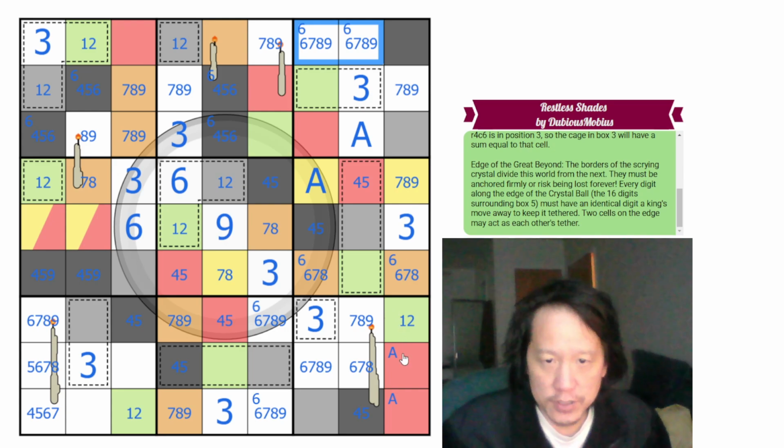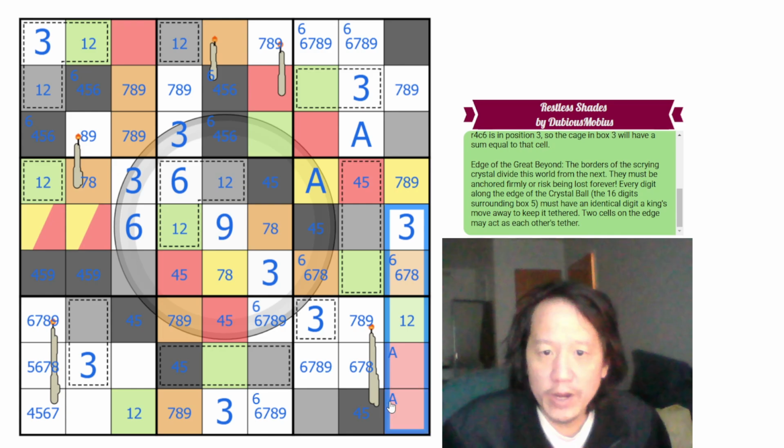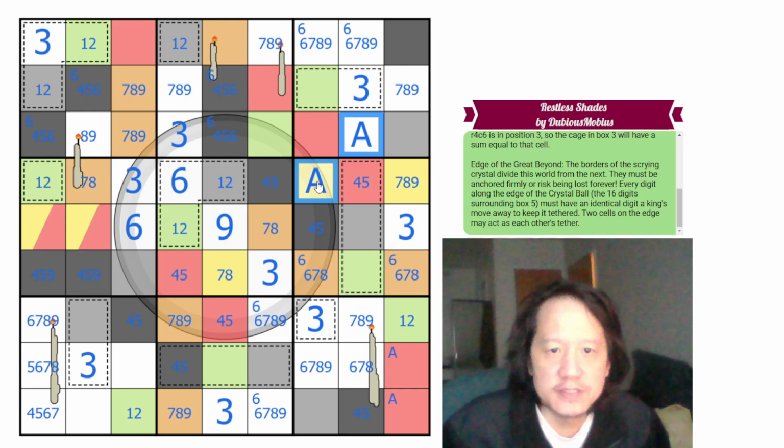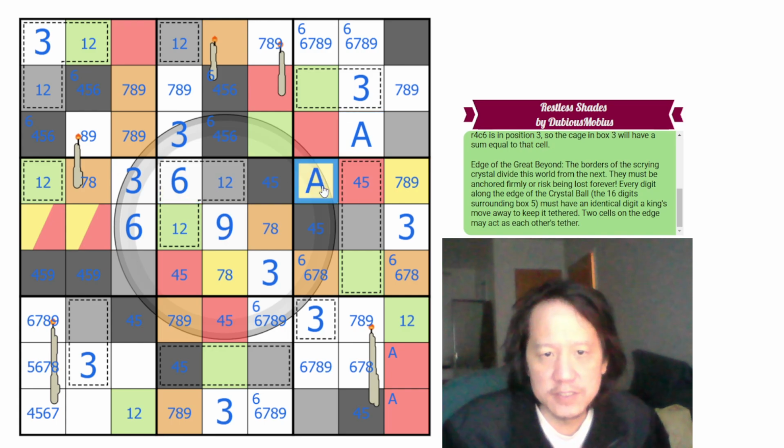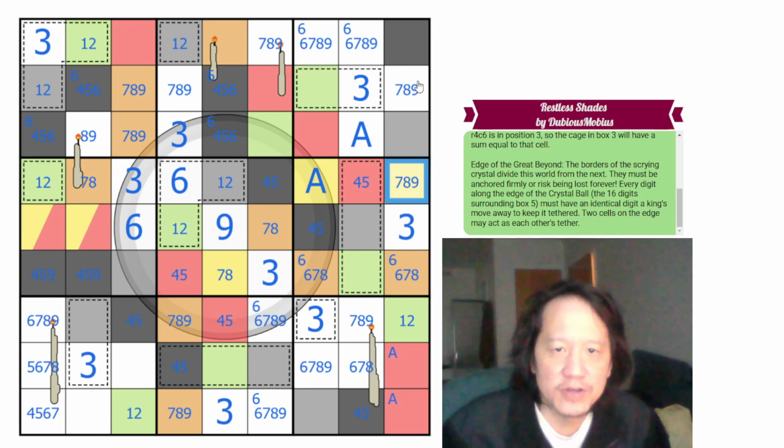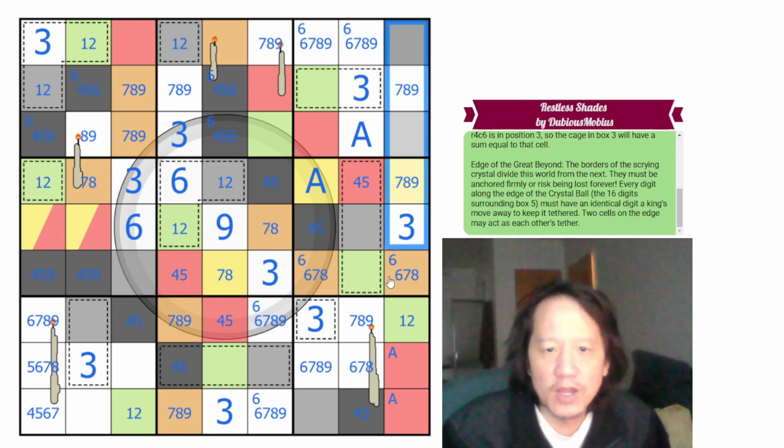In addition, so we now have a 7, 8, 9 triplet, right? A is 7, 8, or 9. Because it sees a 6 here, this A has to be the same as that one by the edge of the great beyond rule, and it can't be orange. And it has to be here. So one of these is 7, 8, 9. This is 7, 8, or 9. This is 7, 8, or 9. We have a triplet